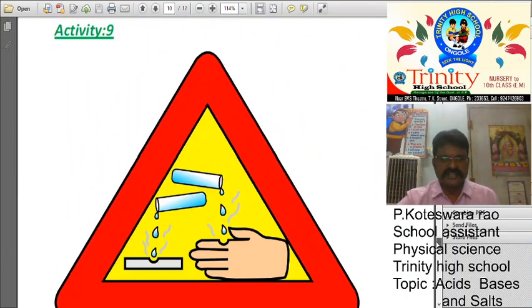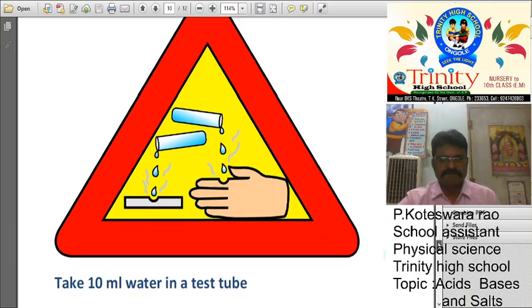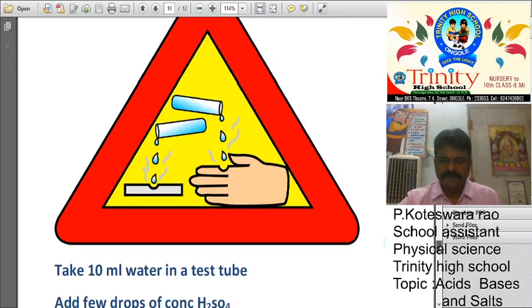What about that sign? Signal or sign? These are all our concentrated solutions. So take care while handling these concentrated solutions. If one drop falls on any substance, it may form a hole. If one drop falls on our finger, what happens? It may cause severe burning. Okay?